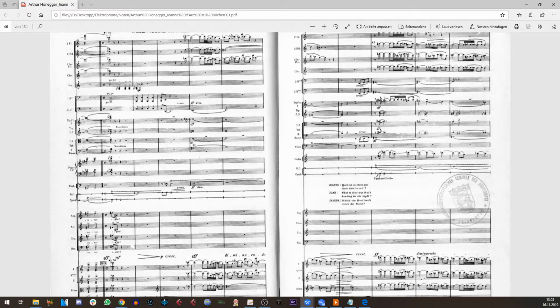So this time we don't have an example from popular music, from a rock band. This time it's actually from a movie. This was The Birds by Alfred Hitchcock.